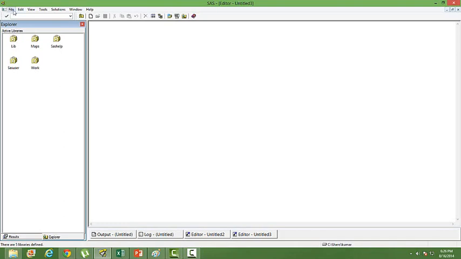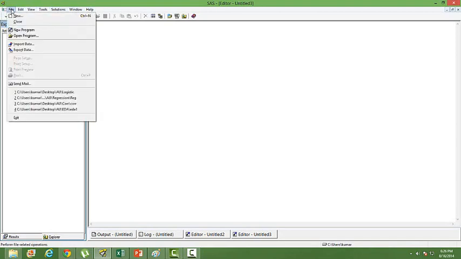We have so many tabs here, as you can see on the top of the window. In the file menu, you can open a new window and close any window that is open. You can open a new program and open a program which is saved on your desktop. You can import and export data. Of course, you can do it by writing code, but if you don't want to write code and want to use the menu bar to import a data set, you can always do that.